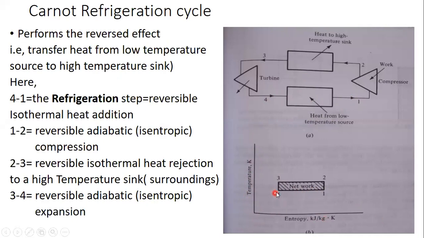In a TS diagram, if we have a 4 to 1 process, how can we represent the heat